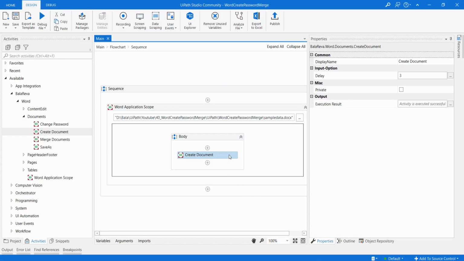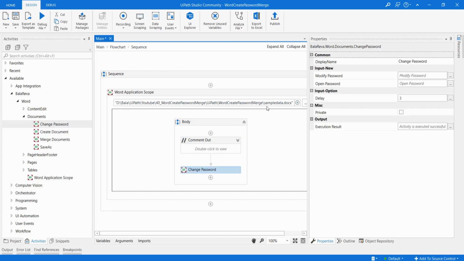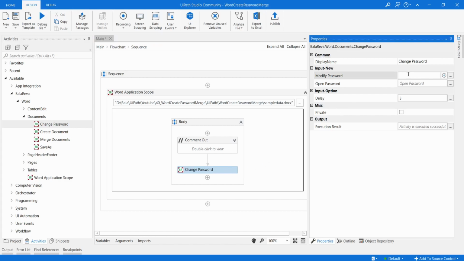So I'm going to comment out this activity. I'm going to use the change password activity. Now the Word document doesn't have a password, so we are going to set one. I'm going to give the modify password as 123, and the open password as 12345.